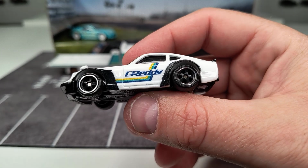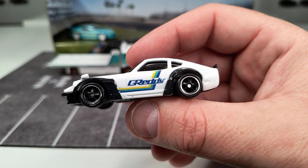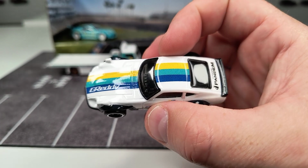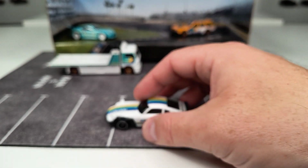And I really like these tiny five-spoke wheels. They look really, really good on this one. Yeah, got the Pandem kit on it, so it's really wide. I really like the stance of this